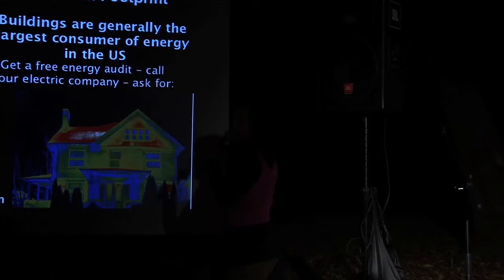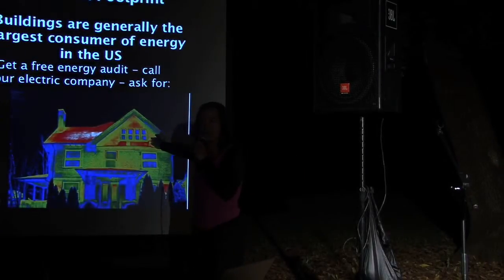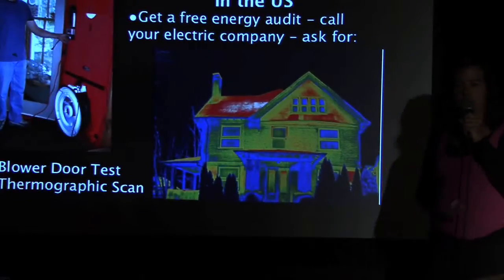My favorite test to ask for, if they don't have it, is a thermographic scan. The lighter colors or the redder colors are where the house is losing energy. And instead of just guessing where your house is losing energy, a quick thermographic scan is going to tell you where it's losing energy. And it's amazing whether you do new houses or old houses. New houses are particularly exciting because there are all places that they have left out insulation that you don't even know about.